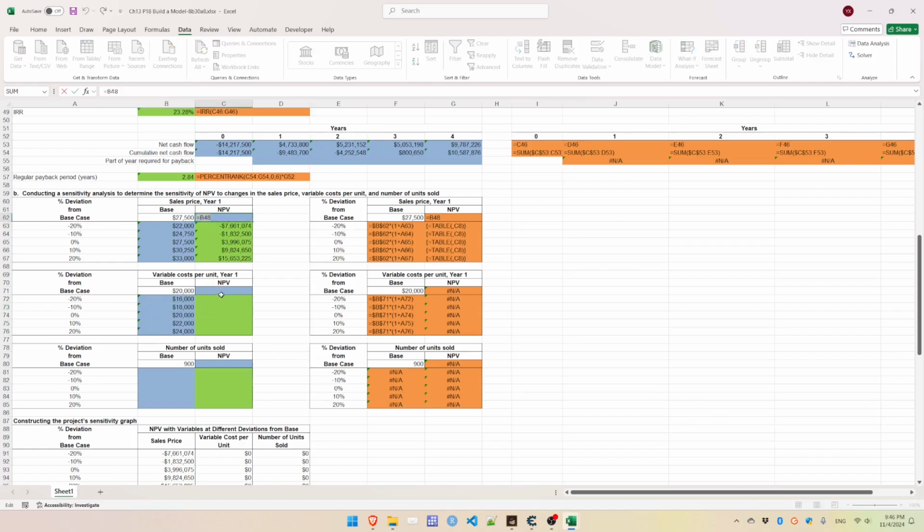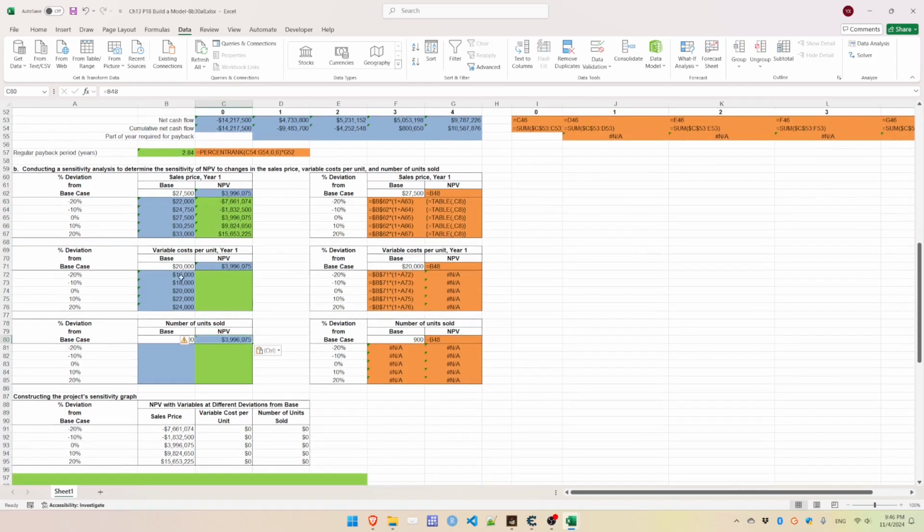And this is the same thing, equals B48. This is the same thing, equals B48. I'm just going to do that. And then this is going to be the same thing. Once again, I'm just going to copy this and put it here. Drag it over. Sorry, this should also be dragged. I copied it wrong, but it worked. And then I copy this, paste here, and then formatting. Okay, I got